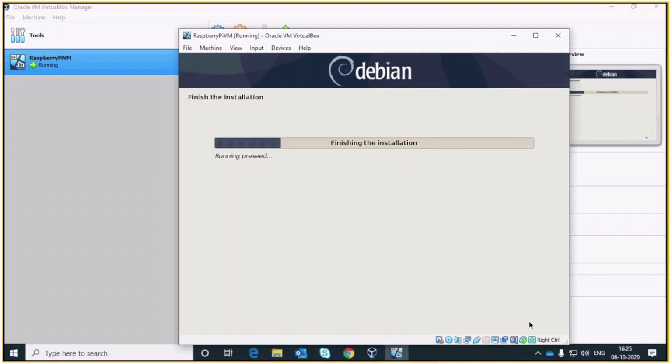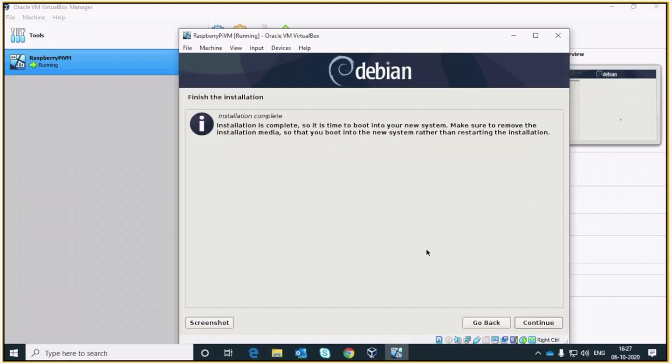So now it is finishing the installation. So the installation is completed.